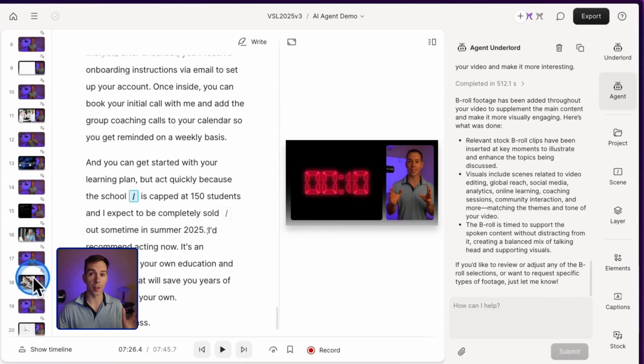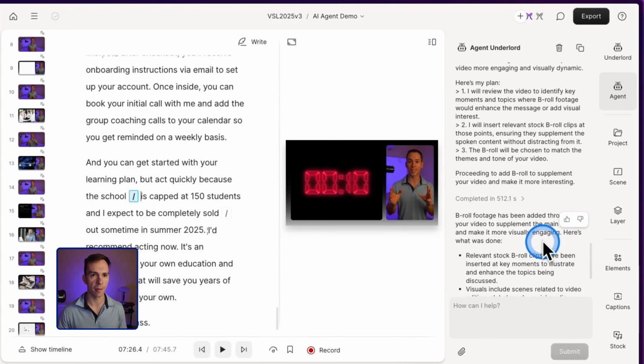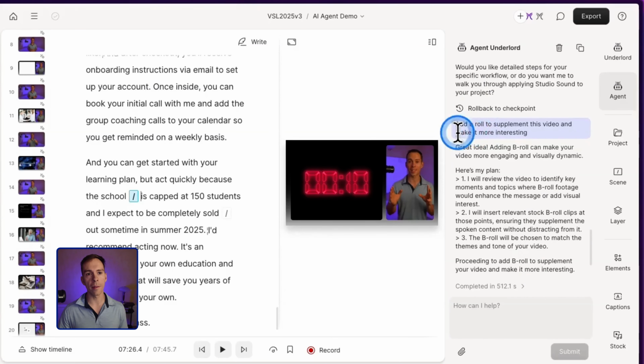And with all of this, of course, you as the human should go through and check everything because this whole thing is in beta, but you should check it anyways and make sure that everything is flowing smoothly and that it's up to your normal standard of edits. And with that said, above every prompt in the chat history, there's a button that says roll back to checkpoint. So at any point, you can undo the prompts to get back to how the video looked before that specific